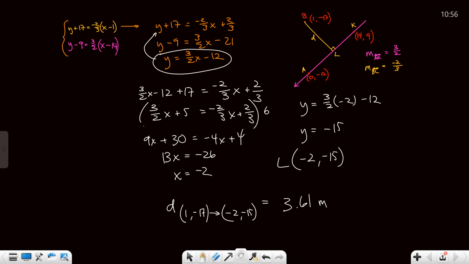Pretty good. Question? How did you get y equals 2 over 2x minus 12? Oh, great question. I took this equation, the purple equation, distributed the 3 halves, and then moved the 9 to the other side so that I knew what y was. And we talked about all the different ways that you can solve a system. I could have written everything as y equals and then set the two things equal. I could have done a system using elimination. I could have moved the x's to the other side. You've got a lot of different possibilities.